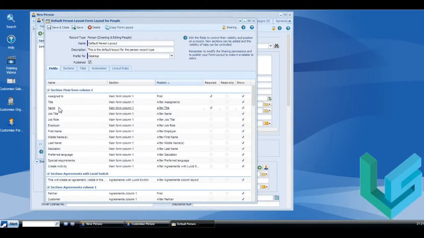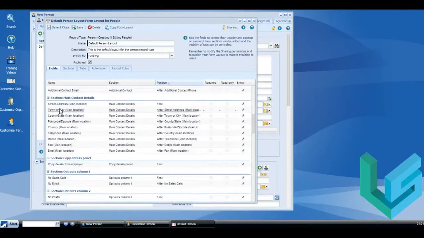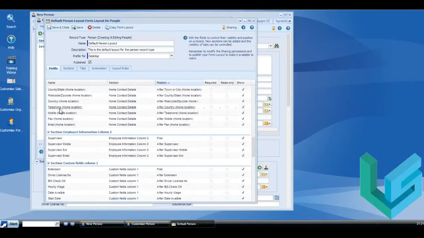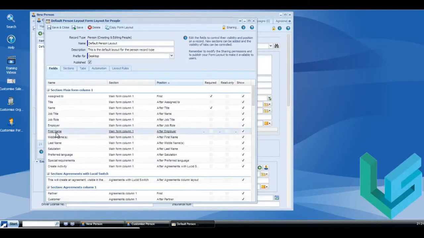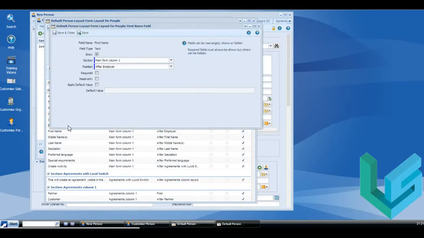My next one is title, then I've got name, and then I do first name and last name. So I'm going to scroll down and find those fields here for first name and last name. Let's see, there we go. So I'm going to put first name after the name field, and so I just put it after name and